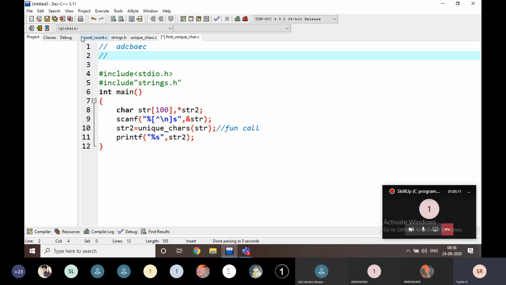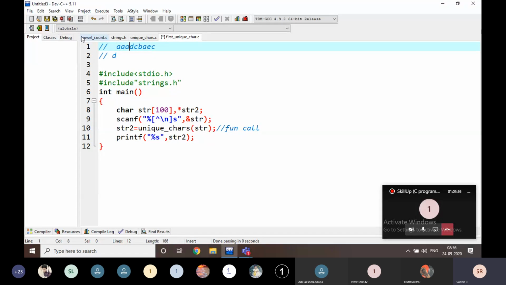That means which characters are there that occur only one time? That is D, B, E only, right? These three characters occur only one time. But I am asking what is the first unique character in this string? That is going to be D here. D is the output here.